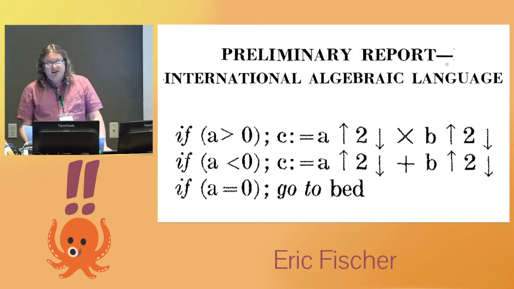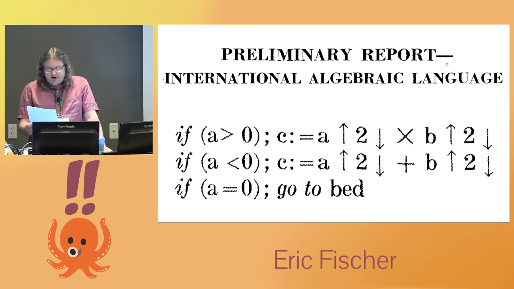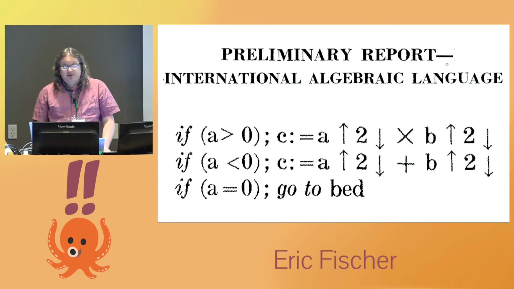The two organizations held a joint meeting and merged their proposal into a single document that they called the International Algebraic Language. Before long, the language would be renamed to Algol. The if statement in the combined document looks a lot like the German proposal, but it eliminates the always statement to end the block. Instead, each if stands alone, and if you want multiple statements to be controlled by the same expression, you can use begin and end to group them together.